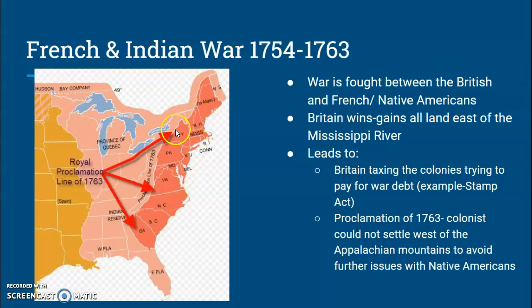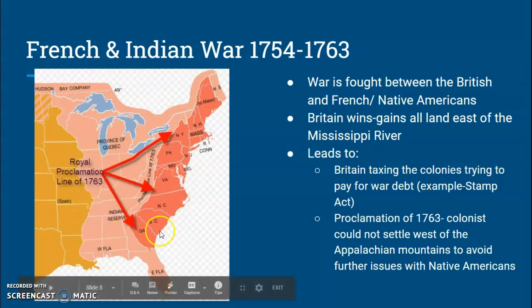You notice how it doesn't really go... you're talking about the Appalachian Mountains being the western boundary. People don't settle west of this landmass, this geographic feature. And after this war, Britain now controls pretty much all of this in the pink and dark red. This is the Mississippi River right here, kind of found in my arrow here. And so there's a lot of land to be had, which people will be excited.